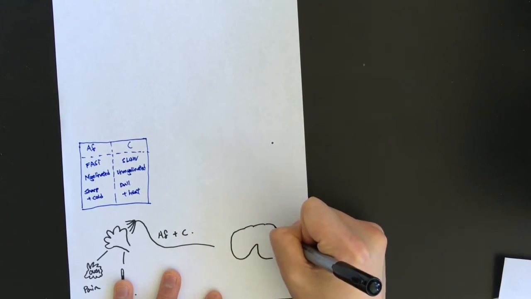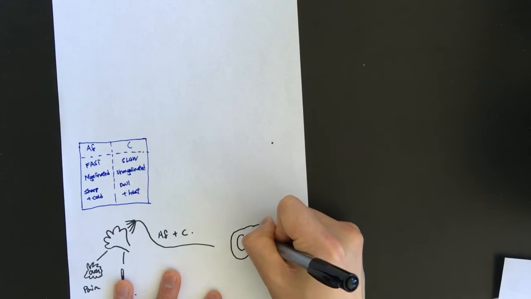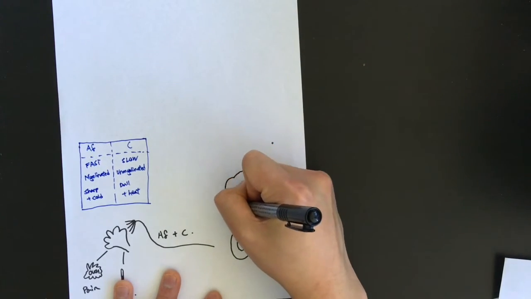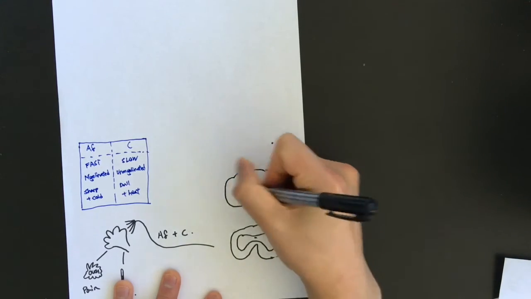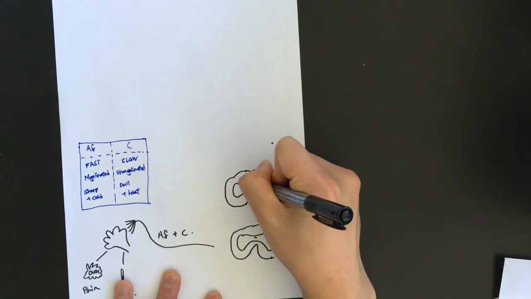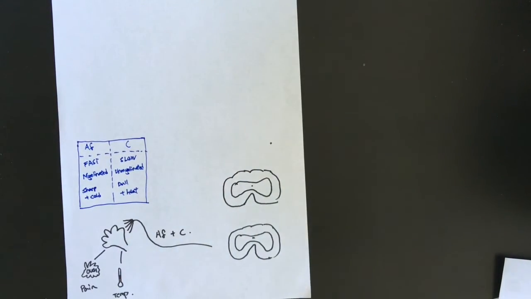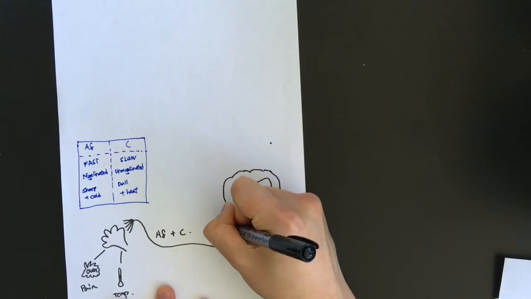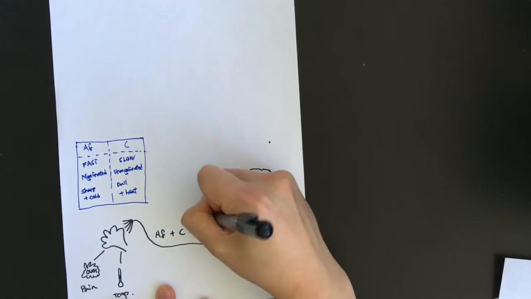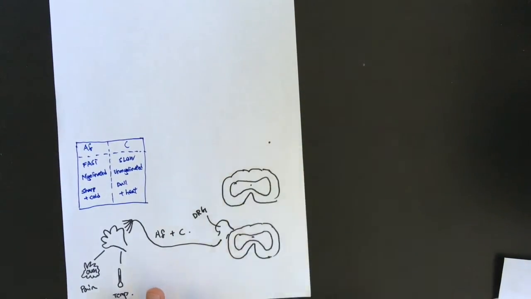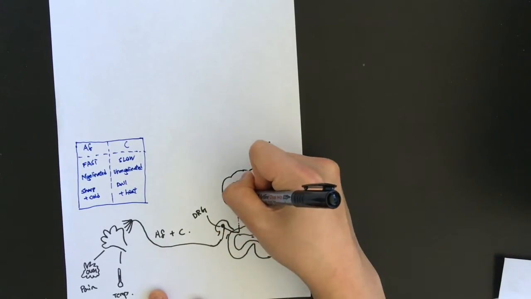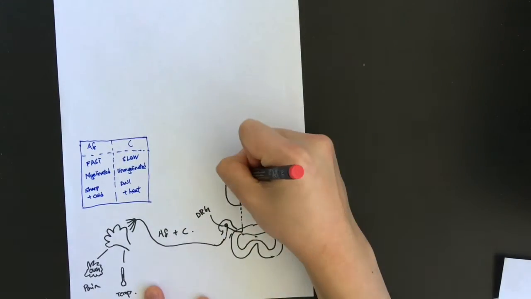Like our dorsal column medial lemniscus, our anterolateral pathway is a 3-neuron pathway. The first neuron, as we mentioned before, has nerve endings in our skin. These fibers, A delta and C fibers, travel into the spinal cord via the dorsal root ganglion, where the cell body lies, and into the dorsal side of our spinal cord cross section. From here, it will either directly synapse or travel up 1 to 2 spinal segments before synapsing with our secondary